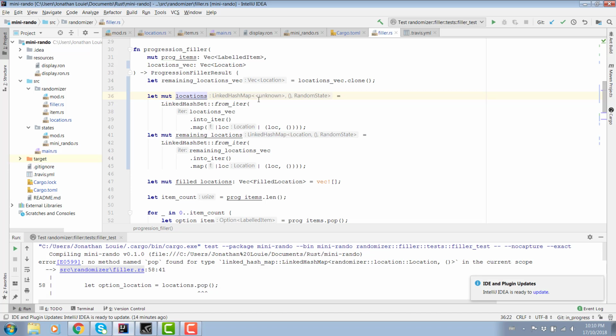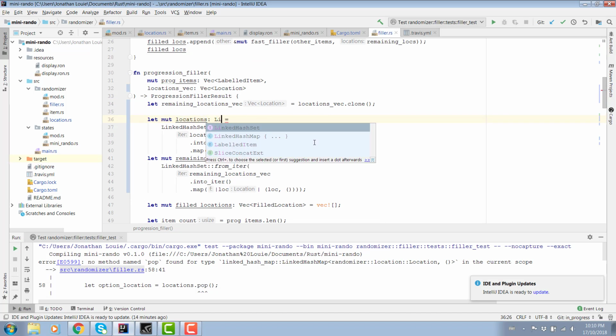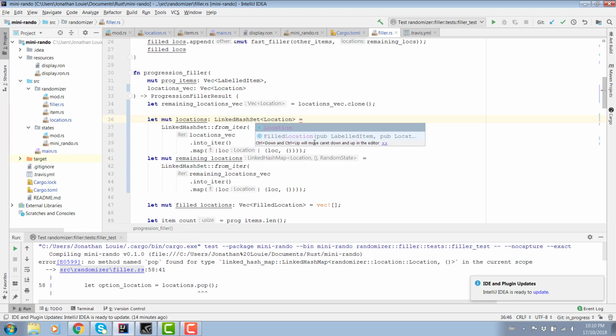Yeah, these look pretty much identical. I don't know why this one knows its location. That one doesn't. Maybe I'll add an annotation. The same here.